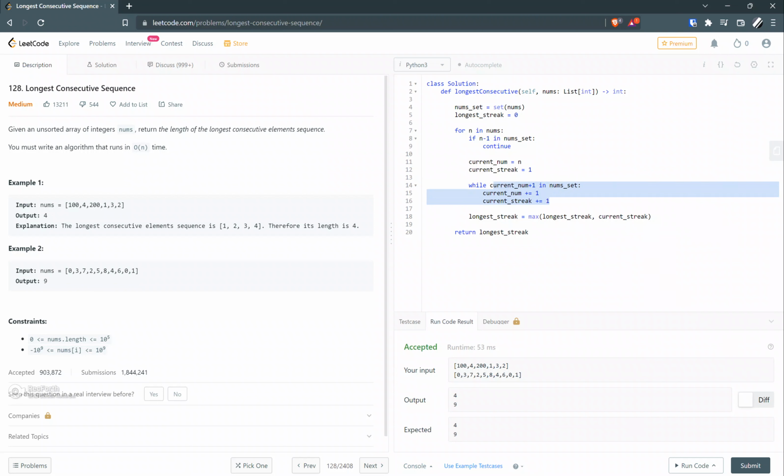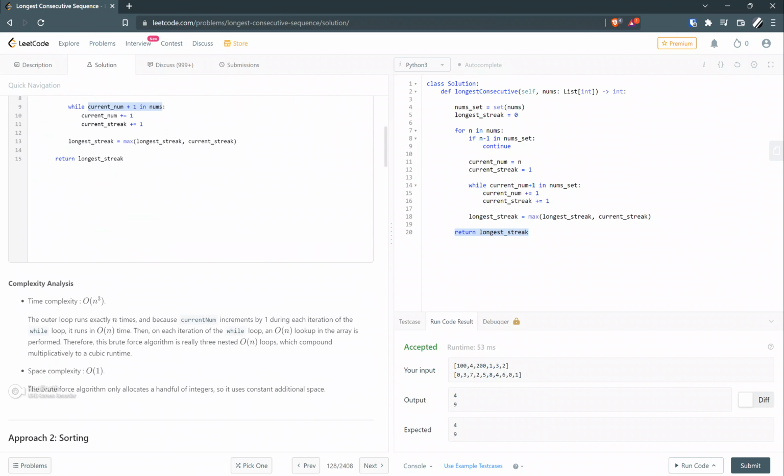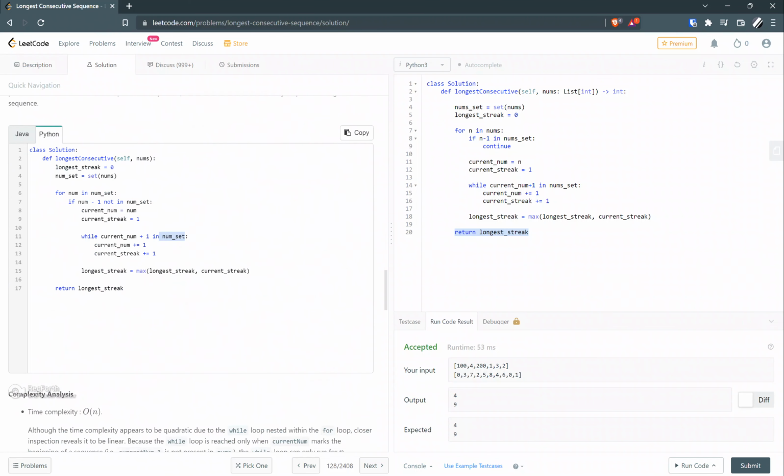सो यसरी नै यो वाइल लुप कति बेलासम्म चल्छ भनेपछि जति बेलासम्म हाम्रो स्ट्रिक्टली 1 को इन्क्रिजिङ भ्याल्यु चाहिँ नम सेटमा छ भनेपछि। र यदि त्यस्तो छैन भनेपछि केस हाम्रो के भयो, लङ्गेस्ट स्ट्रिक चाहिँ अब अपडेट गर्ने बेला हो। र लङ्गेस्ट स्ट्रिक अपडेट गर्दाखेरि के हुन्छ, म्याक्सिमम अफ द लङ्गेस्ट स्ट्रिक द्याट इज वाट वी हेभ फाउन्ड सो फार। अनि त्यसपछि चाहिँ करेन्ट स्ट्रिक जुन अहिले चाहिँ हामीले करेन्ट स्ट्रिक निकाल्यौँ त्यो दुइटामा चाहिँ जुन म्याक्सिमम छ त्यही चाहिँ हाम्रो लङ्गेस्ट स्ट्रिक हो। र अन्तिममा चाहिँ त्यही लङ्गेस्ट स्ट्रिकको भ्याल्युलाई चाहिँ रिटर्न गरायो भने वी हेभ एन आन्सर। एन्ड यसको टाइम कम्प्लेक्सिटी चाहिँ अब इम्प्रुभ एन लग एनबाट इम्प्रुभ भएर अर्डर अफ एन पुगेछ।